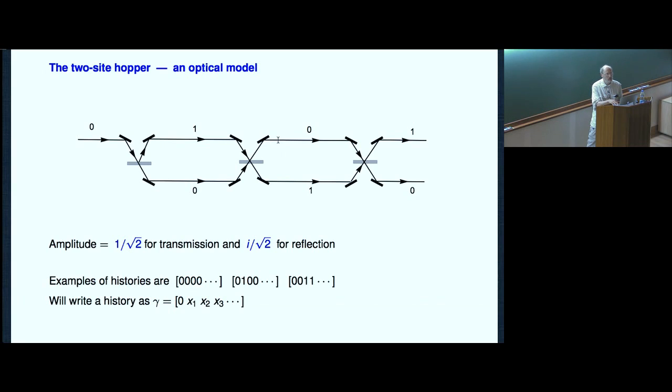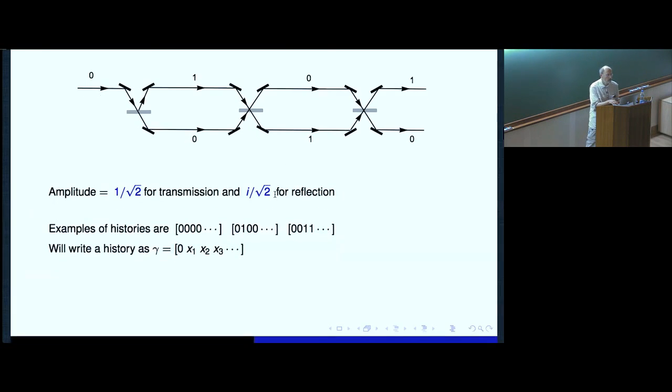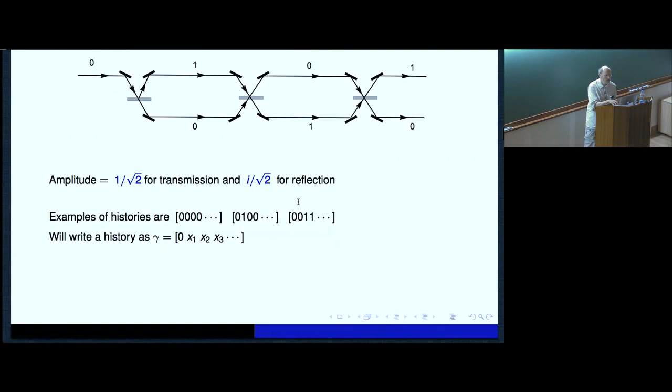So I'm going to ignore the amplitudes for bouncing off the mirrors or going from this point A to point B. The only thing that differs from one history to another is this sequence of bits, in other words, whether it was reflected or transmitted at the beam splitter. And so all we need to know is the amplitudes for those two possibilities, and here they are. The amplitude for being transmitted is, with normalization, 1 over the square root of 2, and the amplitude for being reflected is i over the square root of 2. So, leaving aside the irrelevant normalization factor, it's just either 1 or i, transmission or reflection